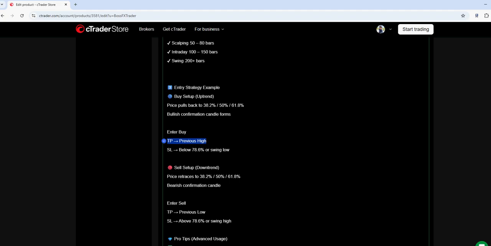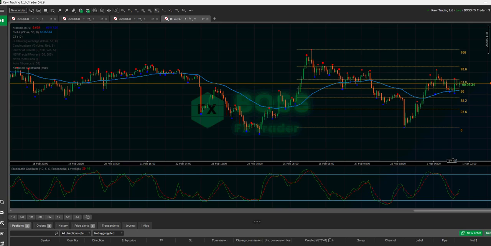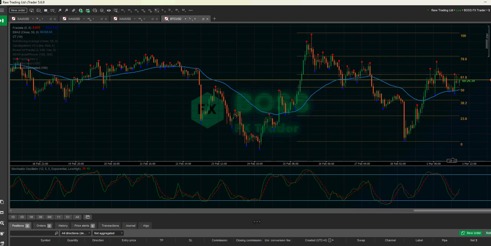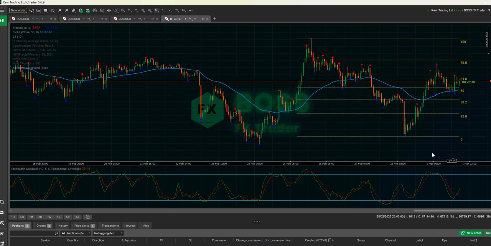Like for example, this one. Let's check. In this case, we have the 1 hour. It goes down, so it's a downtrend. Now it goes back to this level, almost 78, hitting this area, and then boom, it creates